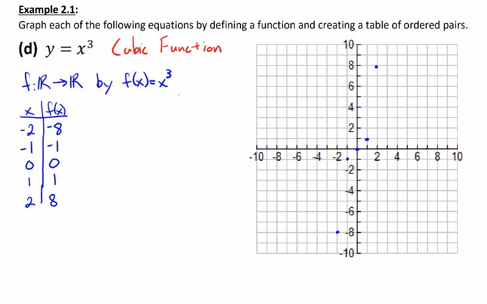So one of the similarities here is that you can see the point 0, 0, and 1, 1 are the same as what you'd get with the quadratic. But your second or third point, I suppose, the one that goes with an x value of 2, ends up going all the way up here to 8. So it's almost like a stretched out version of what you would get with the quadratic. But on the